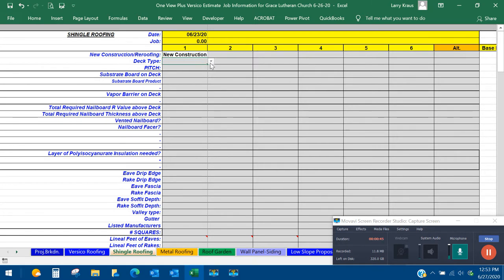The deck type is important to know, particularly if there is nail board involved. The big distinction between low slope and the steep slope is the pitch, which OneView Plus, and especially in conjunction with PlanSwift, can automatically calculate. The pitch here in this line needs to be completed in order to determine the labor involved. The quantity of materials needed to accommodate the pitch is taken into consideration during the digital takeoff and area calculations, particularly with